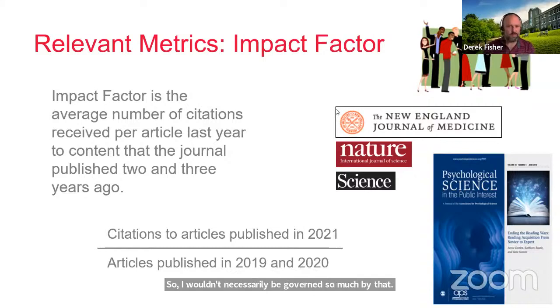But again, it comes back to what I was talking about before: if you've got a piece of research, the main goal should be that communal aspect of science. How do we contribute to science? How do we contribute to our understanding of this topic? Impact factor can help guide you, but sometimes the best place for your paper isn't necessarily the highest impact factor journal. It might be a journal with a lower impact factor, but that covers a very specific area that's a really perfect fit for that piece of research. So I think not being overly swayed.